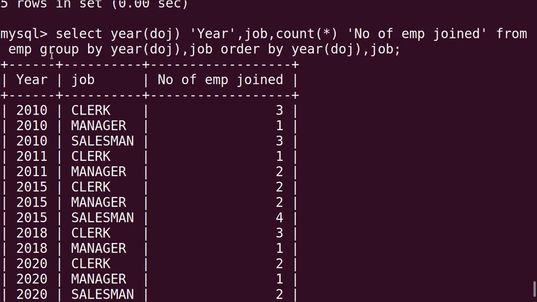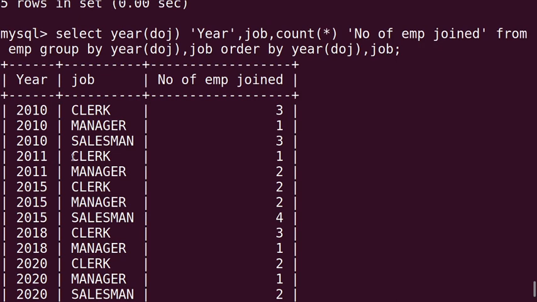Now see the effect of group by. Group by year of DOJ comma job, what does it give you? It gives in 2010 clerk were 3, manager was 1, salesman were 3. In 2011 there were no salesman.